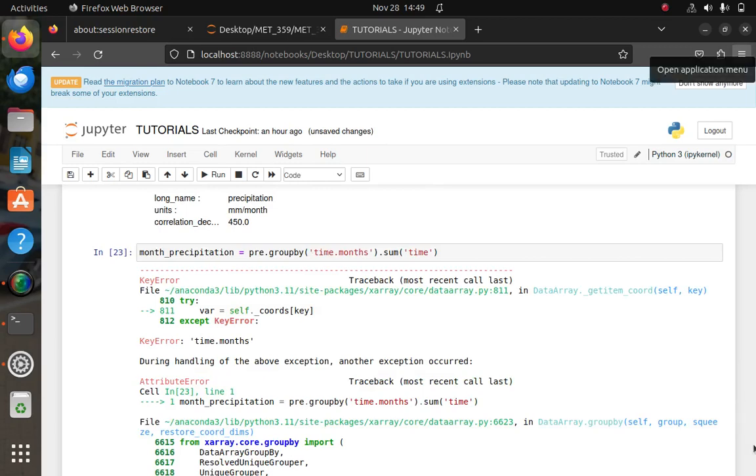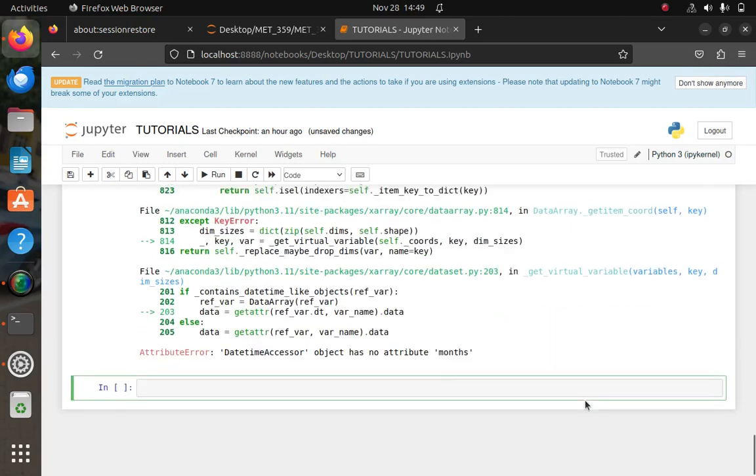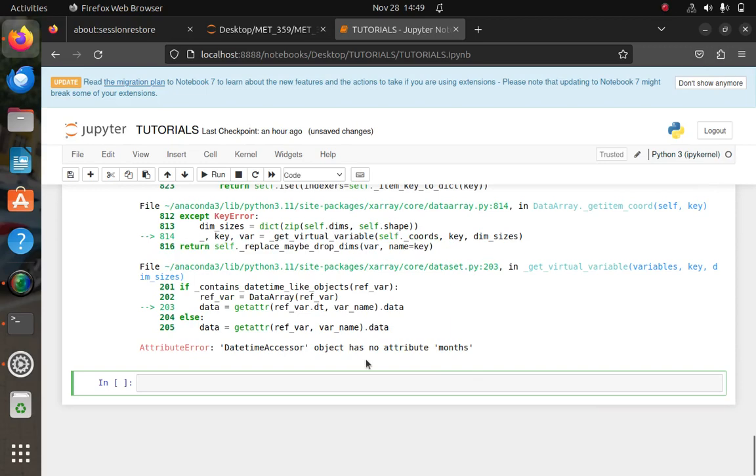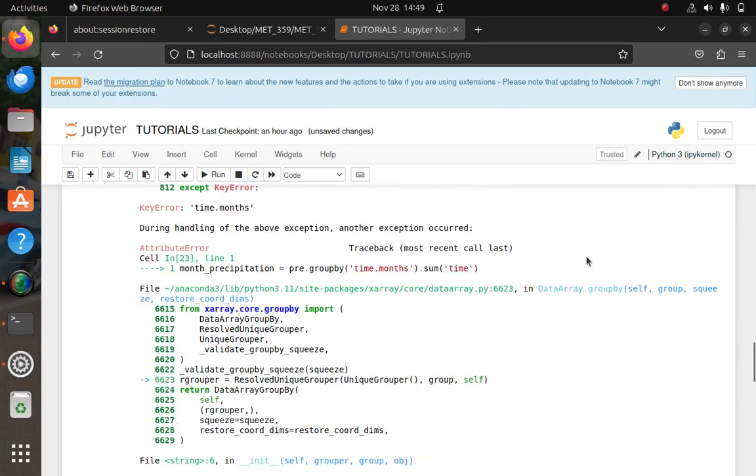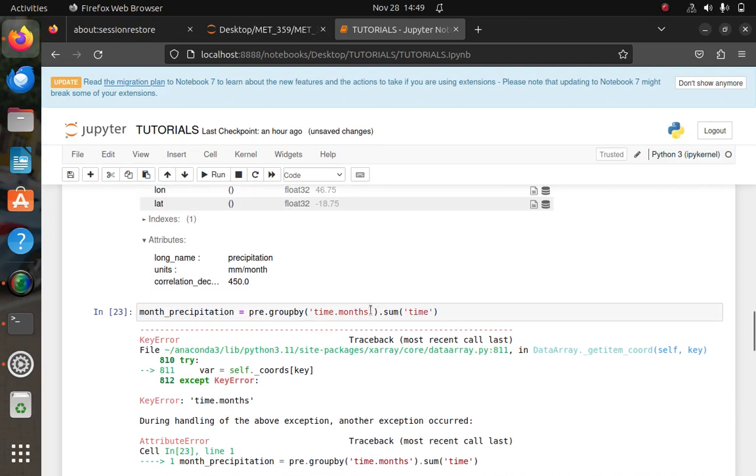Okay, so there is some error which is saying datetime object has no attribute months. Yes, so it's actually month, not months. So just come and clean the S. Yeah. So month underscore precipitation is equal to